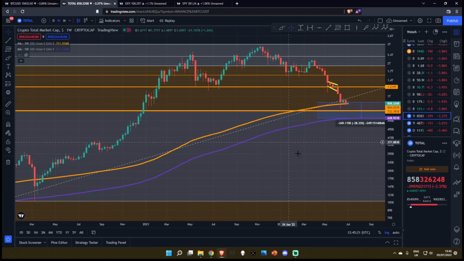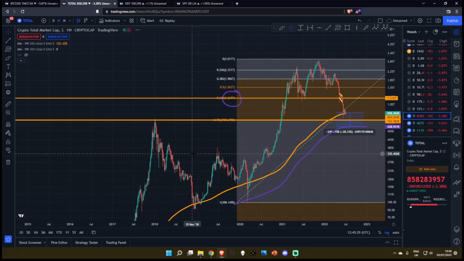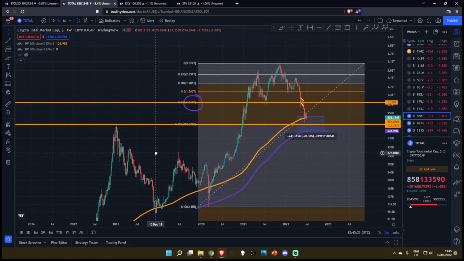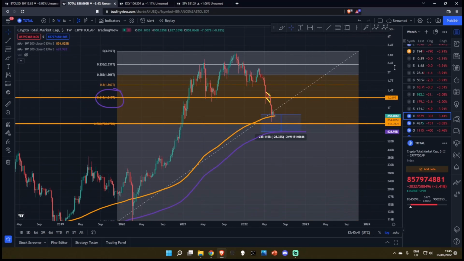Total crypto market cap and altcoin market cap are also not looking too hot. Total crypto market cap, I've already talked about this before, but it has capitulated below the most important level, the 618 Fibonacci, and in previous market cycles you did not hold the 786. I'm not going to waste time going through all of the previous market cycles. You can go check it out yourself, put it on a log scale, draw a couple of fibs from the previous markets, but we always lose the 786 Fibonacci,